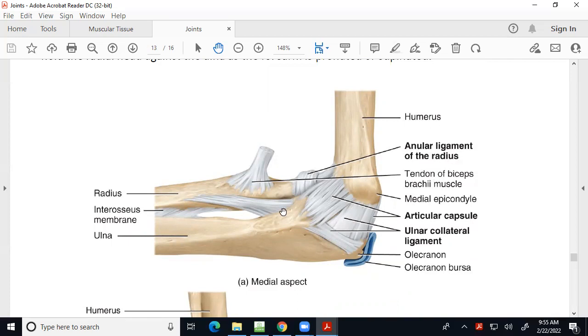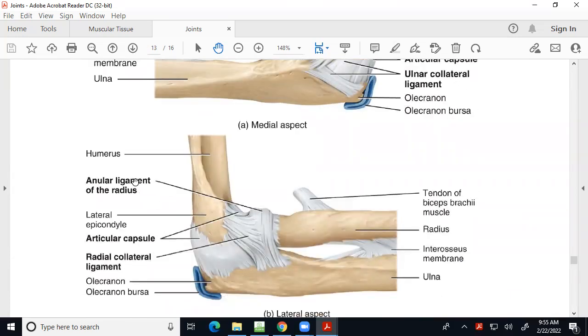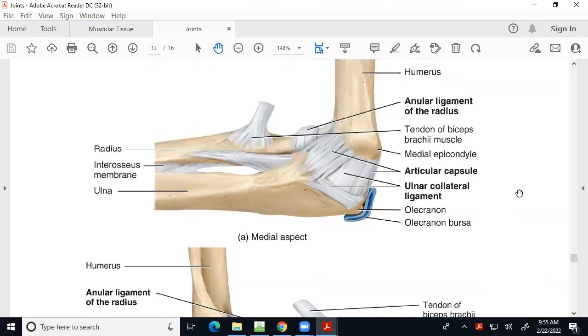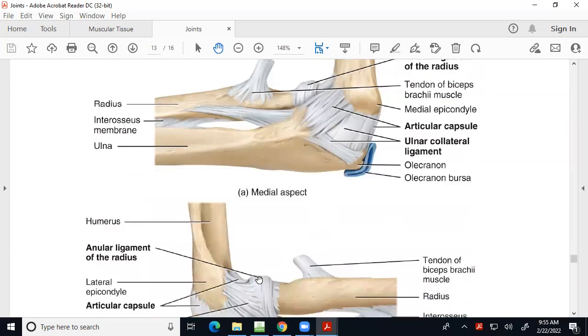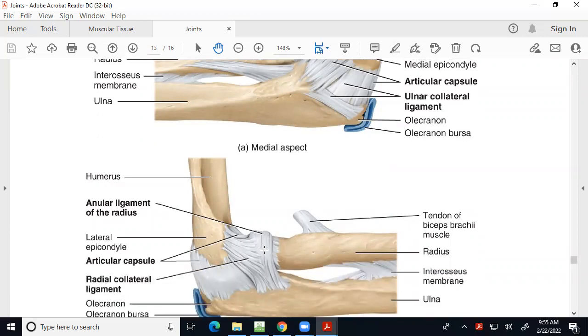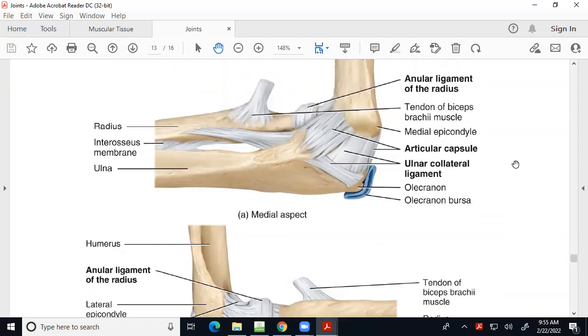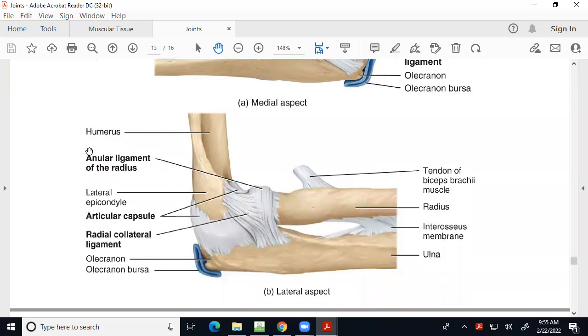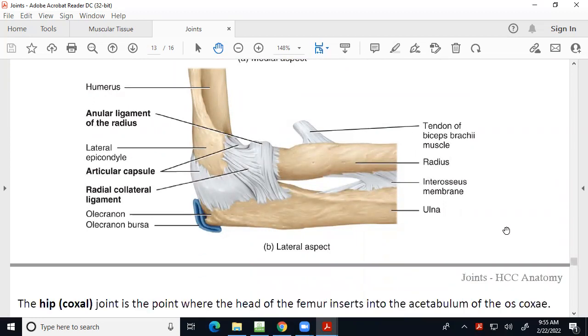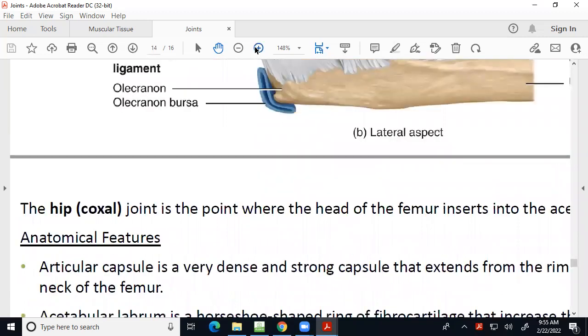Last structure I want you to highlight, and you can see it in both images, is what we call the annular ligament. I don't care about annular ligament of the radius, just annular ligament is fine. Basically, it circles around the top of the head of the radius and just holds it in place. That way, when we do the supination, pronation, the radius doesn't just fly away from the ulna. So it helps keep it tight up against the ulna. If you hadn't already picked up on it, it's the three things that are bolded in this top image and the three things that are bolded in the bottom image. So that's it for the